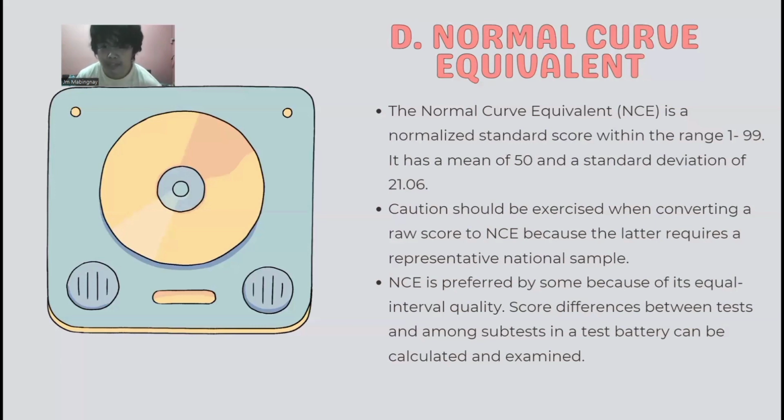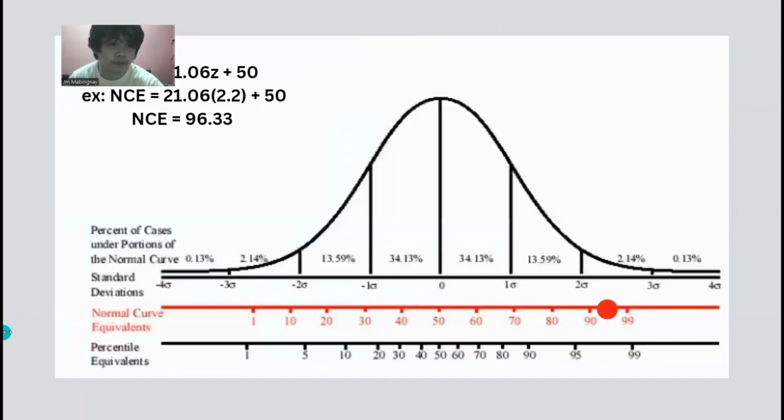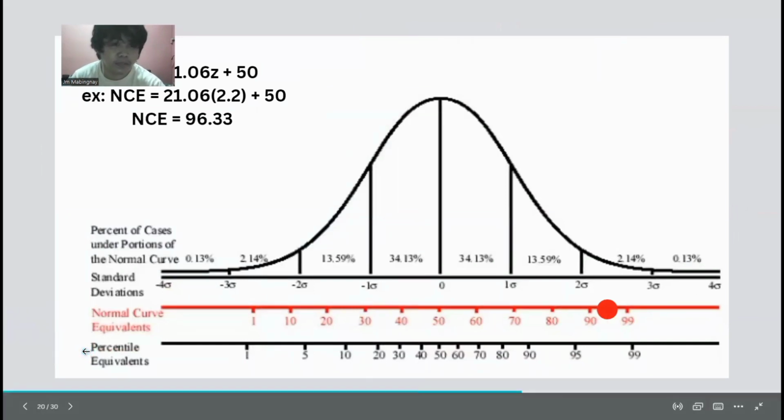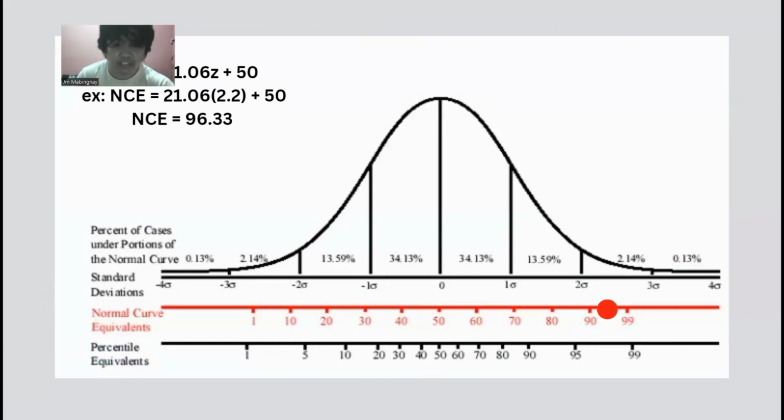NCE is preferred by some because of its equal interval quality. Score differences between tests, among subtests in a test battery, can be calculated and examined. What I mean by that is, if you will notice, the normal curve equivalent is almost similar to the percentile equivalent. The difference is,